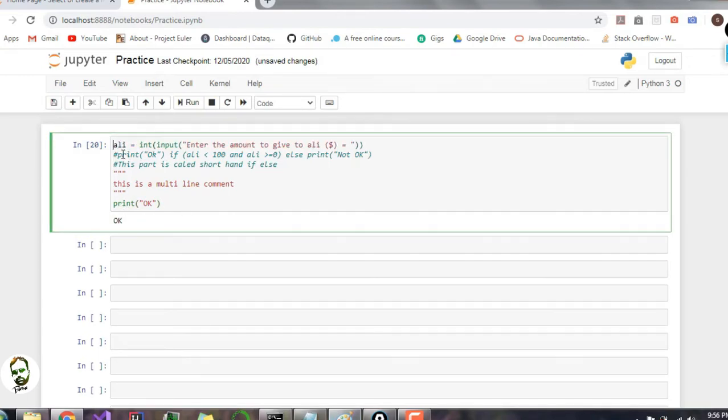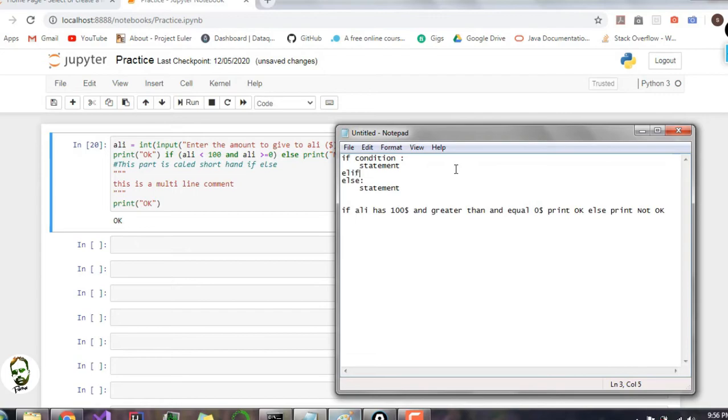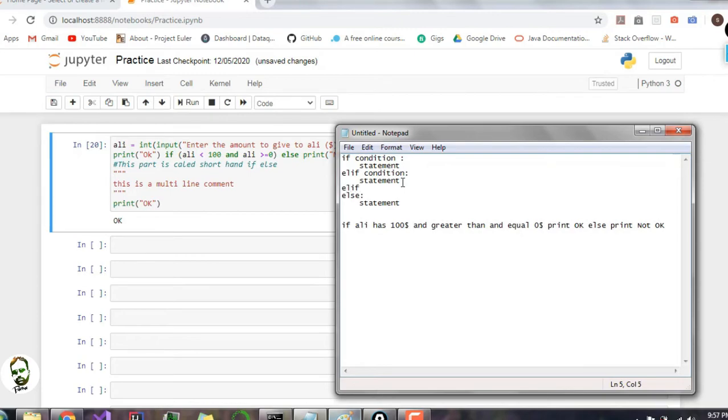So that's also comments. Now moving on, we're coming to the last topic of if else, which is else if. It is a part of if else. If you want to add more conditions, like if Ali is equal to 100, then print okay. Else if, meaning elif. In Python, you write it as elif. Basically, it is else if, but you write it as elif. Then you write a condition, the same thing as if. The thing about elif is that you can write as many elif as you want, basically up to infinity.